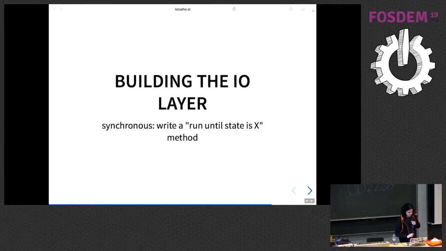So the easiest way is you can use those protocols in a synchronous way, in a blocking way. Just have a loop that says, okay, read from the socket. Okay, now try to parse that. Send a message to the state machine. Am I in the right state? No. So then I have to read again. It works in a synchronous way.